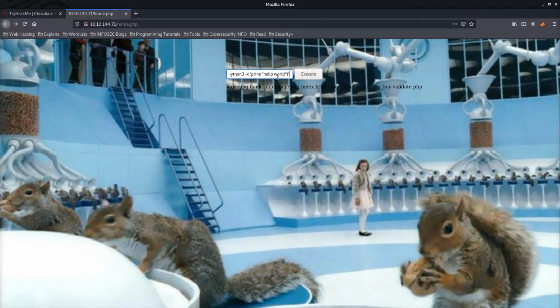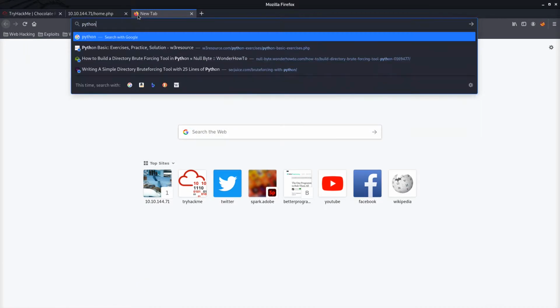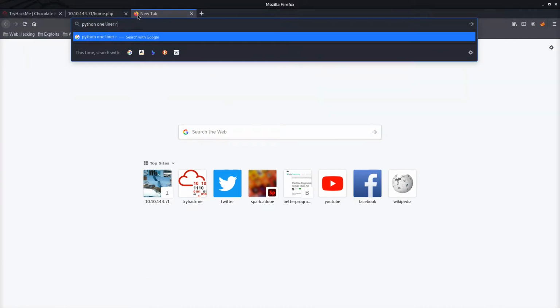If I don't make any mistake, that's the syntax we need to use. Okay, we have it there. Let's try the same thing with regular Python. Okay, so next we are going to find a Python reverse shell. So we place Python one-liner reverse